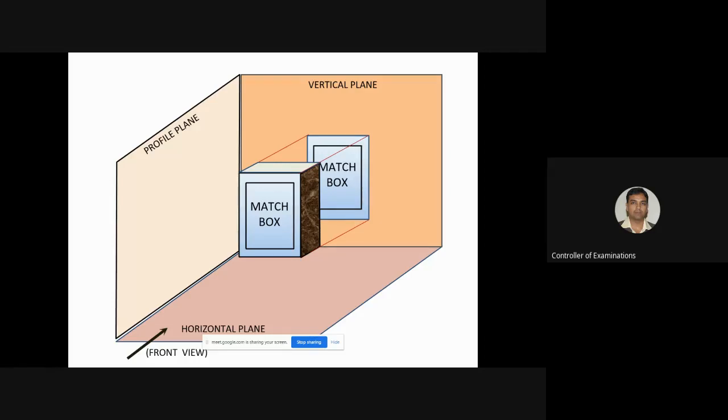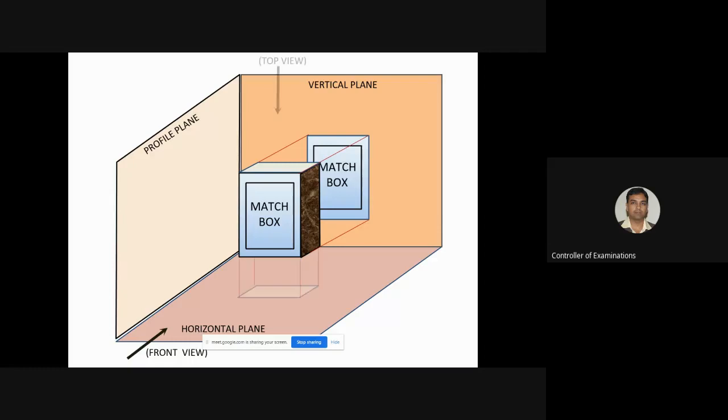So the picture of the matchbox will be falling on the screen behind it, which is the screen vertical plane, the VP. So please understand, the front view you will be getting on the vertical plane. And what do you see in the front view? Only this front portion. What is that? This one rectangle, the other smaller rectangle, and these wordings, matchbox. You are not going to see anything else in the front view. So this is an application of orthographic projection: how you can get the front view on a vertical plane.